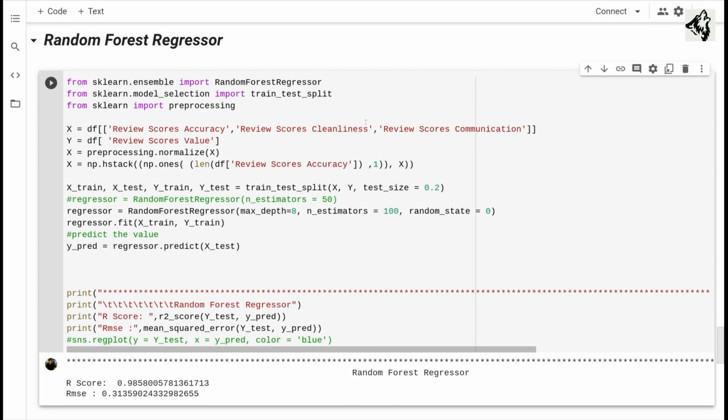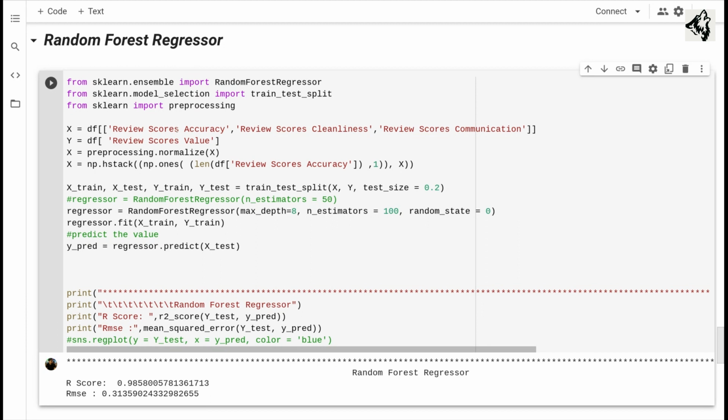This also ranges from 0 to 10, so the more clean it is, the higher the value. And review scores communication is basically the interaction between the host and the guest to see if it was quick and the customer was satisfied, if the host replied faster, etc.